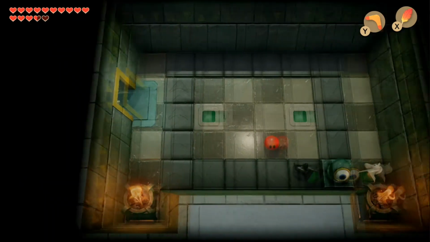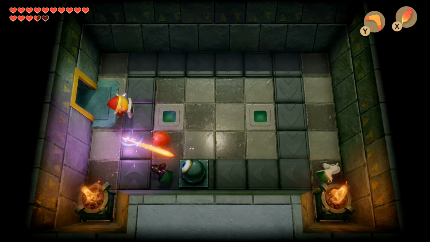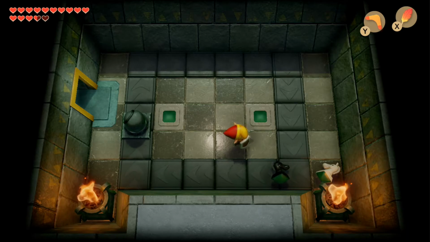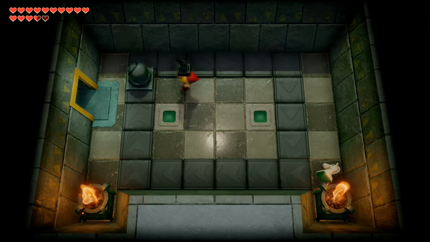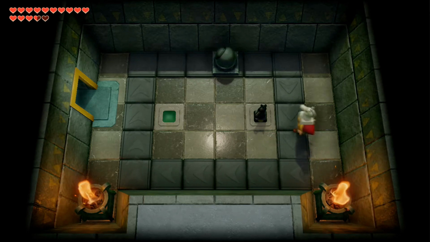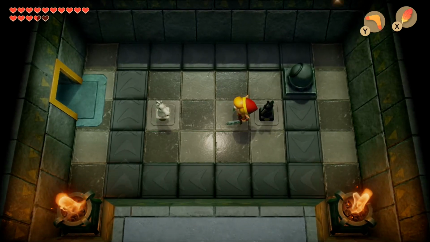and head into this room on the right where we have a Beamos on a conveyor belt and another one of these little chess puzzles. Using our new mirror shield, we go ahead and deflect our little beam back at the Beamos to get rid of him, and then we go ahead and solve this little chess piece puzzle for the chest to drop down in the top right here,